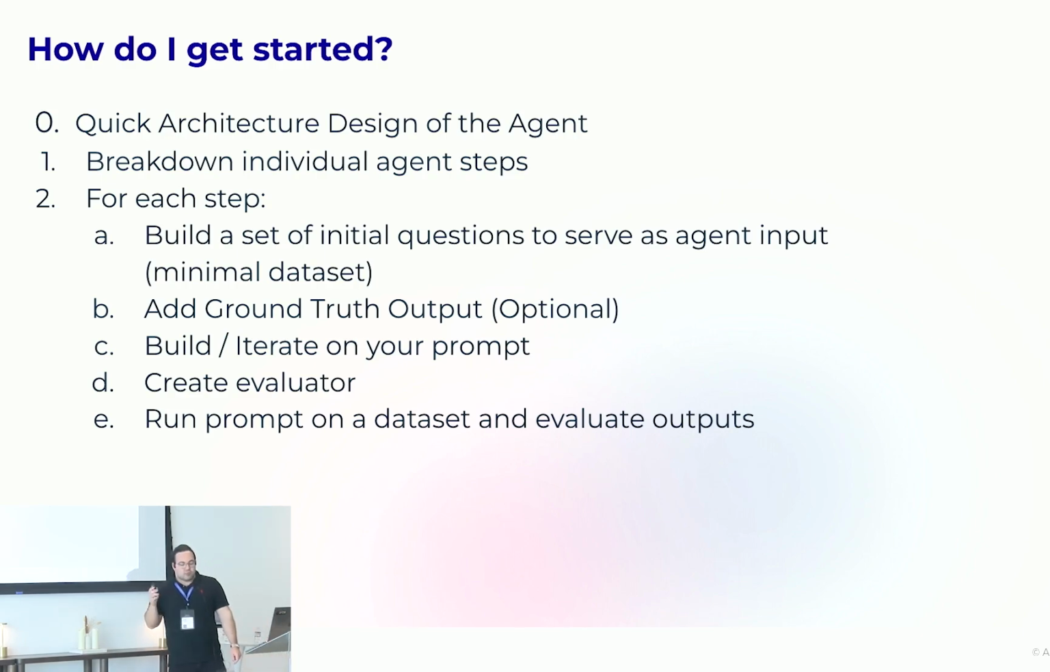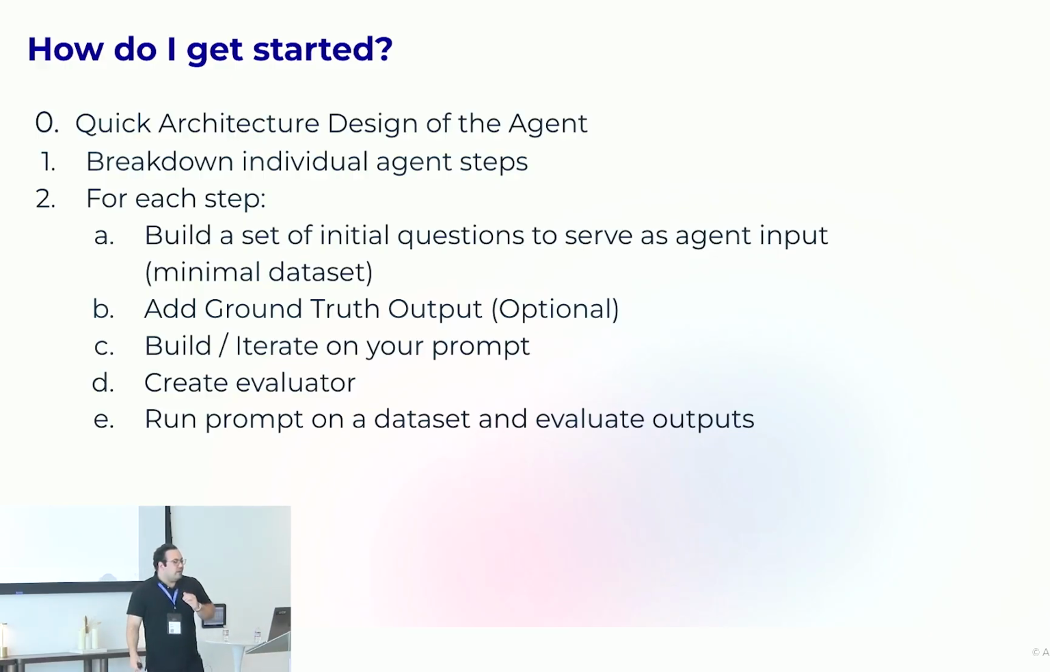So the first thing is you come up with a very quick architecture design of the agent. How should the agent look as it gets built, right? Once you have the architecture in place, you break down individual agent steps, right? So maybe there's a router agent. Maybe there's a research agent. Maybe there is some other agent, right? So you really need to understand what each step is in your agent